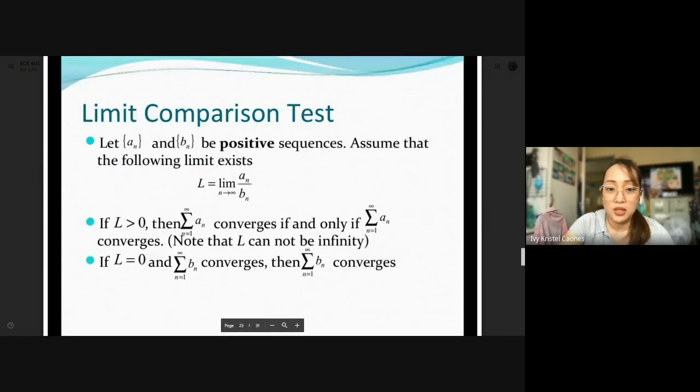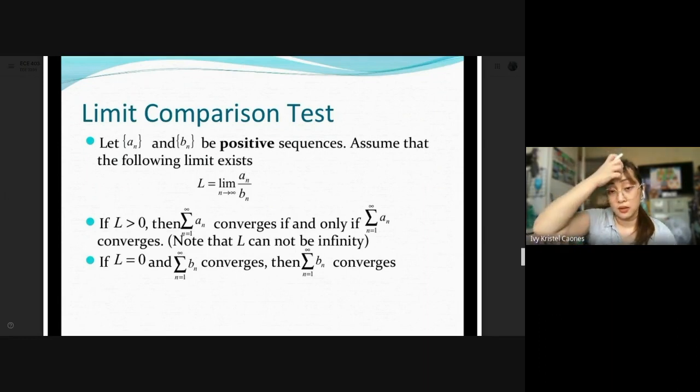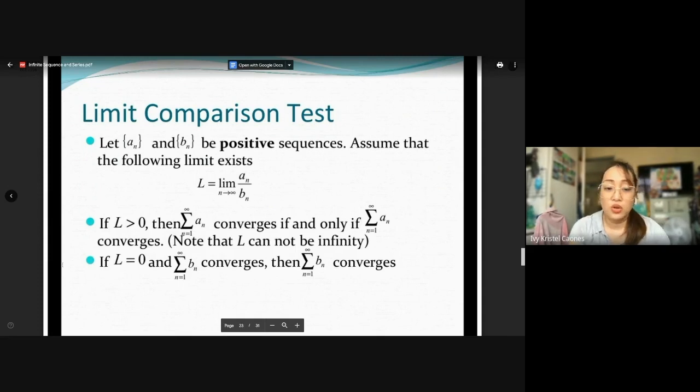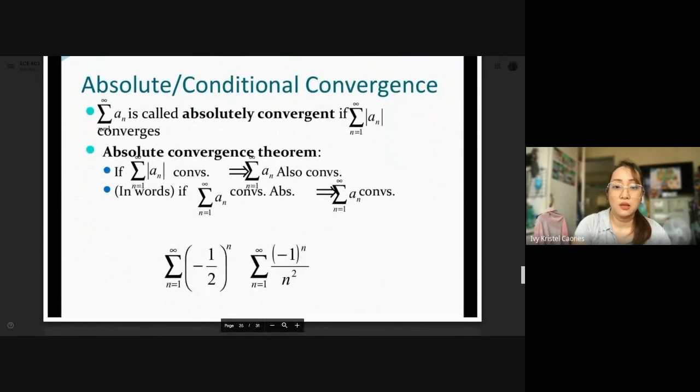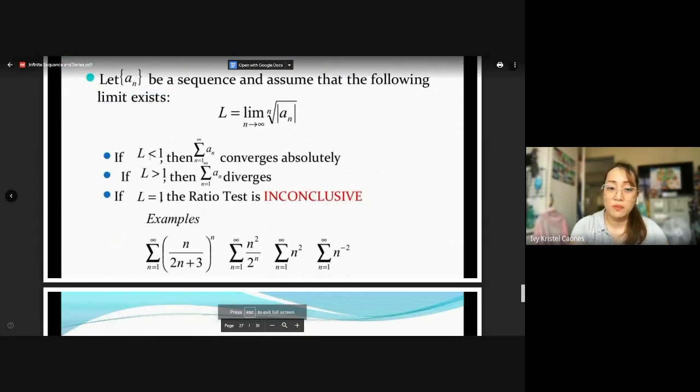Limit comparison test. If your a sub n and b sub n are both positive sequences, assume that the following limit exists. So if L, or the limit of your sequences, becomes greater than 0, then converges. And if your L is equal to 0, your b sub n converges. Absolute and conditional: your summation of a sub n is called absolutely convergent if the absolute value of your a sub n also converges. In terms of the root test,